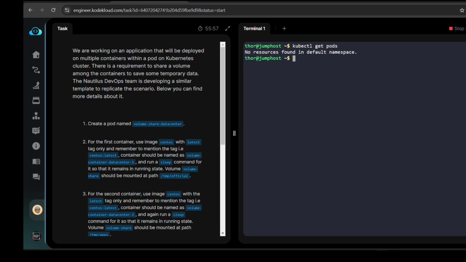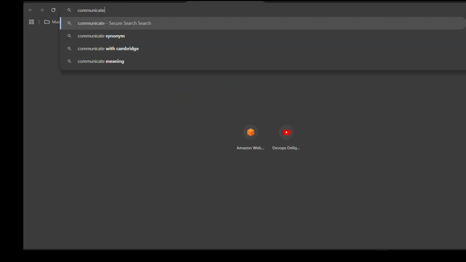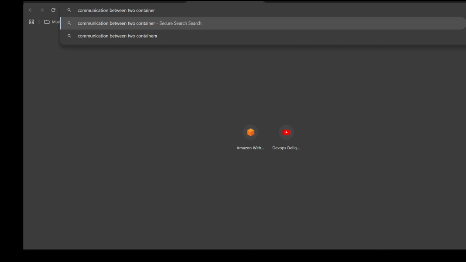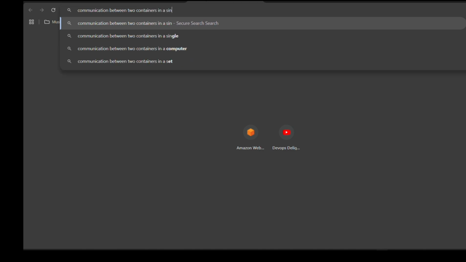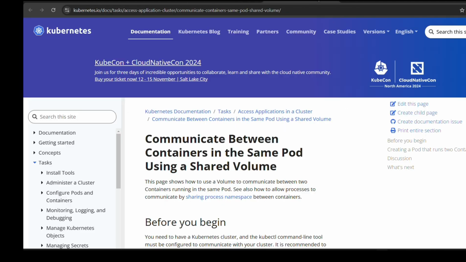Let me type communication between two containers in a single pod. Let me click on this first link. Make sure that this is the Kubernetes documentation, guys. This is the official documentation, and here